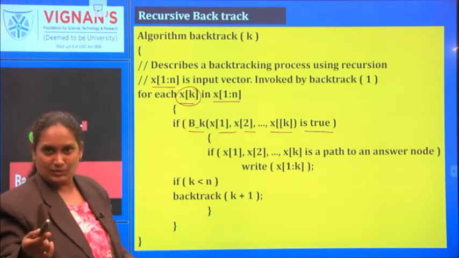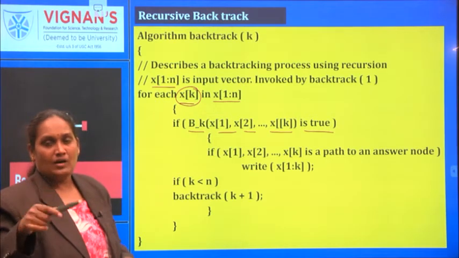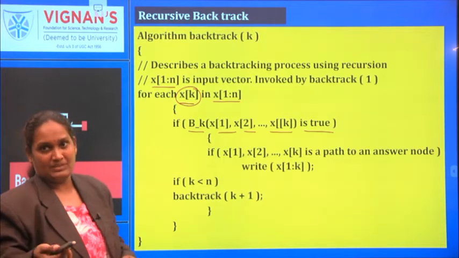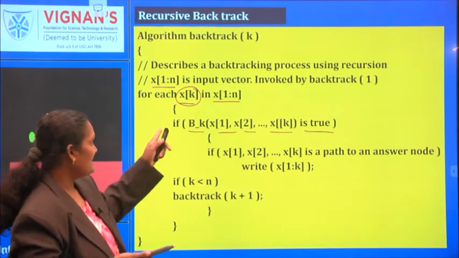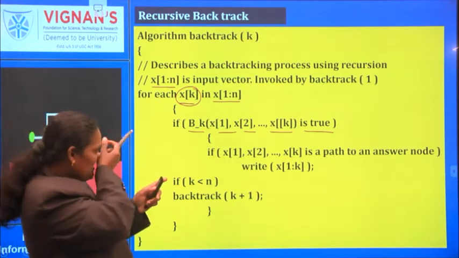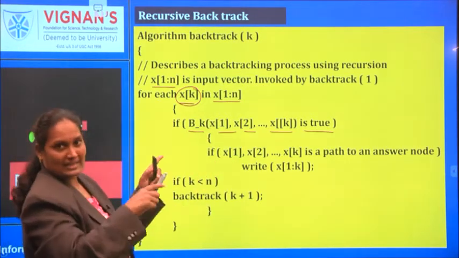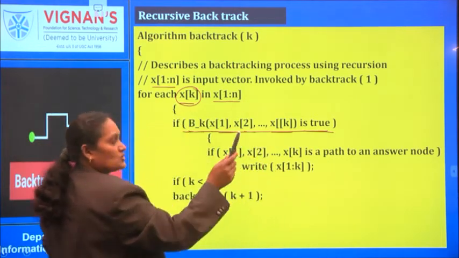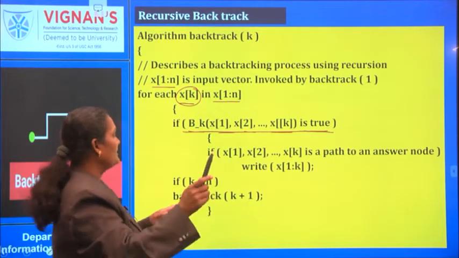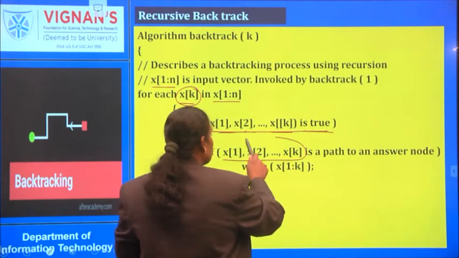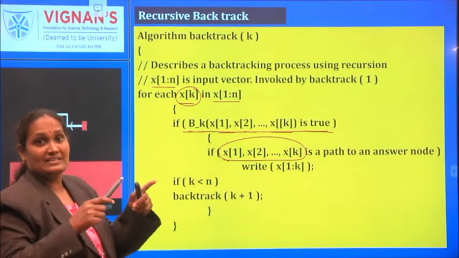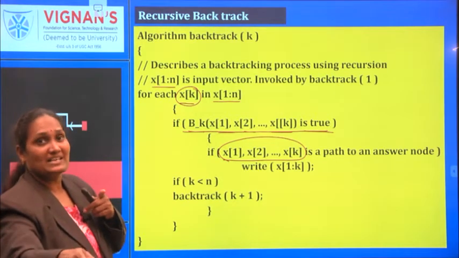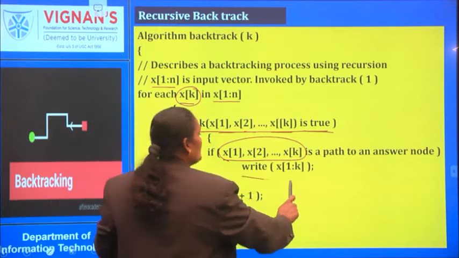So, what value did we consider from x? Here, x is the input vector which contains n elements. Out of those n elements, we are selecting one element which is present at position k. That element is nothing but xk. Now, from the starting element to xk, if this backtrack path is true, and if this is a path to answer node, that is, if it leads to a partial solution,